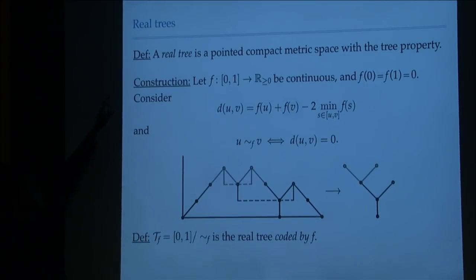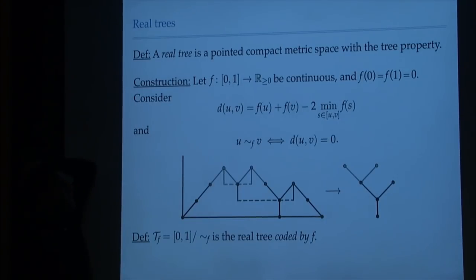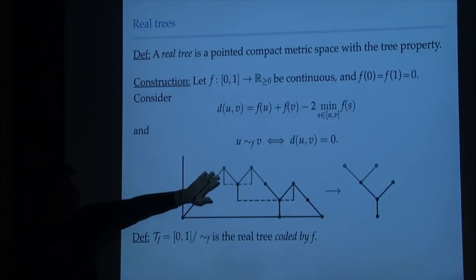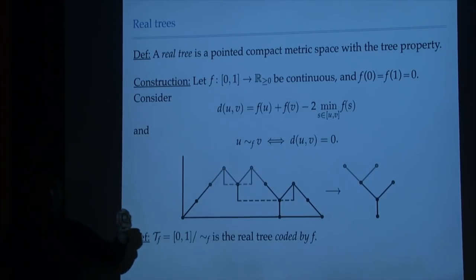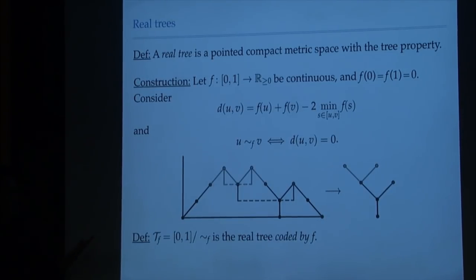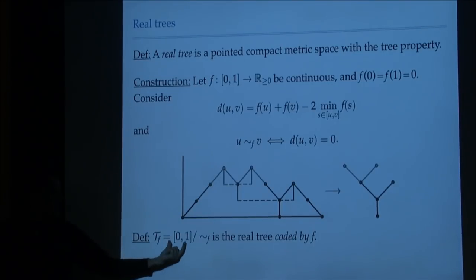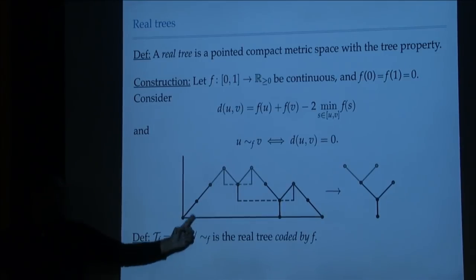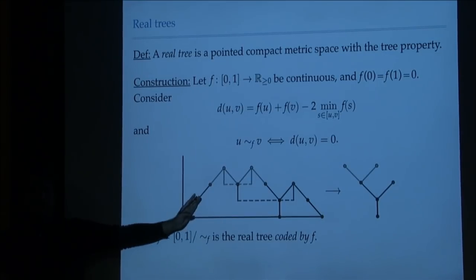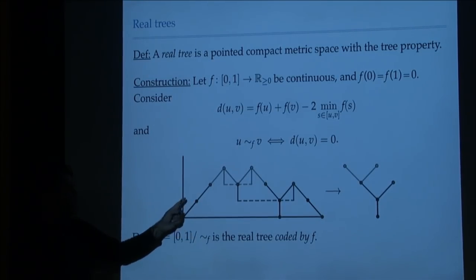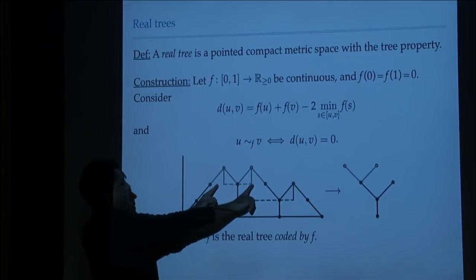Okay, so a real tree is a pointed compact metric space. And the way we're actually going to think about trees is just in terms of excursion. So I just give you a continuous function on, let's say, 0, 1, which goes up and comes back down. In fact, it just needs to be above. Then I will construct from this a tree by basically taking the interval 0, 1 and introducing on it a quotient relationship, which is obtained from the excursion. So the quotient relationship is that I say that 2 points are